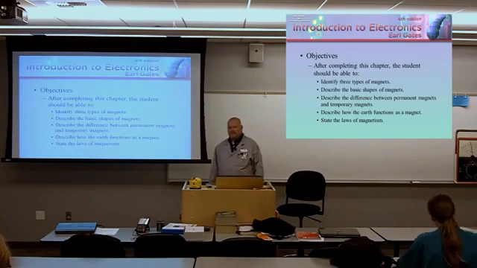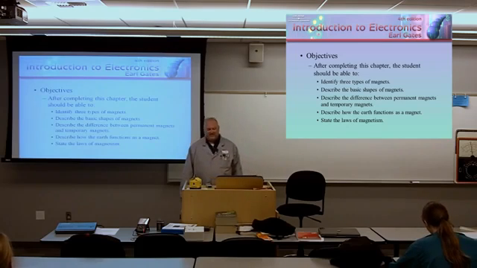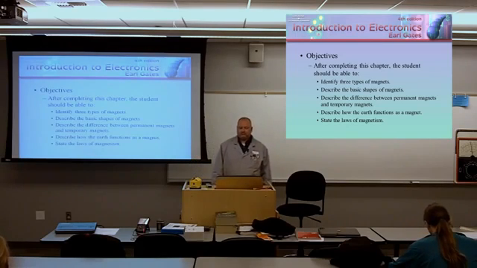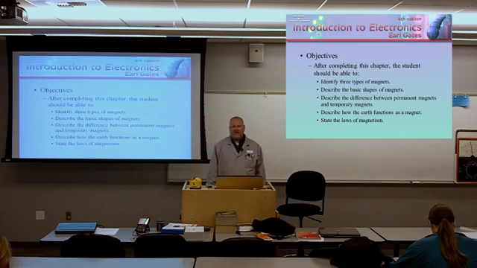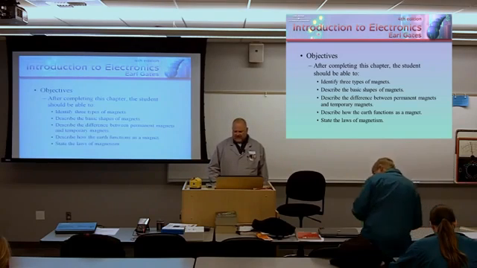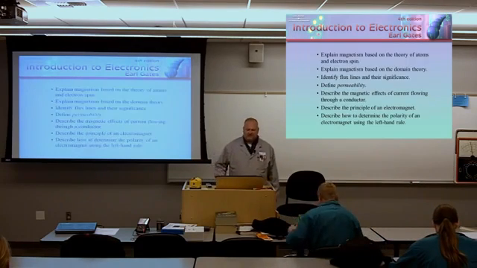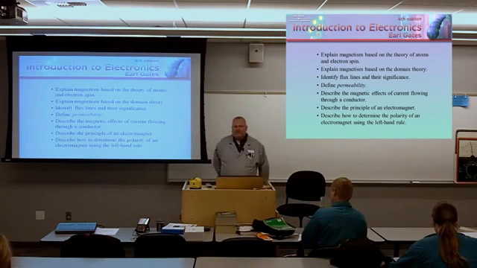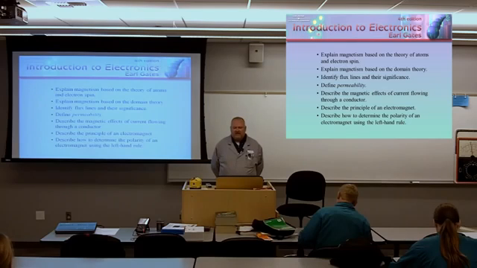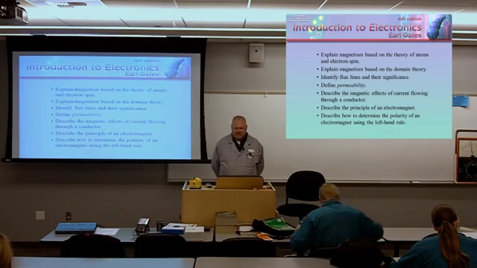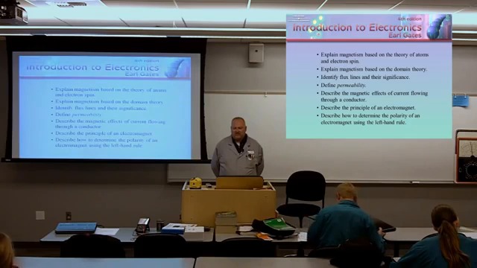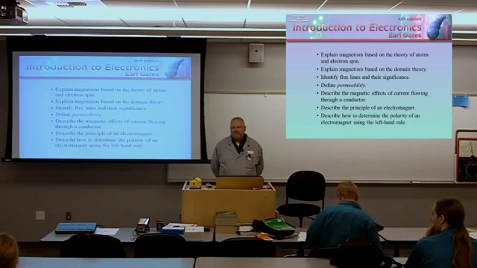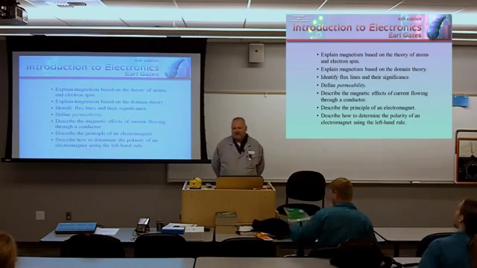After completing this chapter, you're going to be able to identify 3 types of magnets, describe the basic shapes of magnets, describe the difference between permanent magnets and temporary magnets, describe how the Earth functions as a magnet, state the laws of magnetism, explain magnetism based on the theory of atoms and electron spin, explain magnetism based on the domain theory, identify flux lines and their significance, define permeability, describe the magnetic effects of current